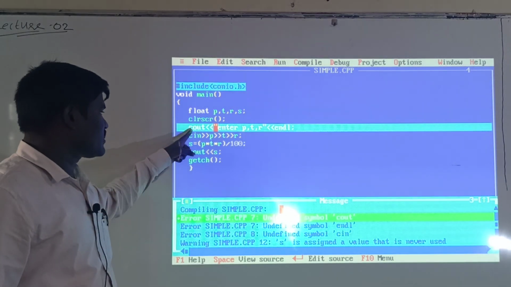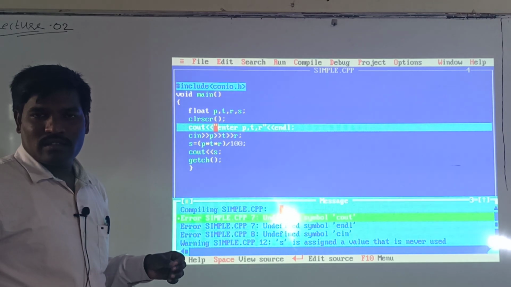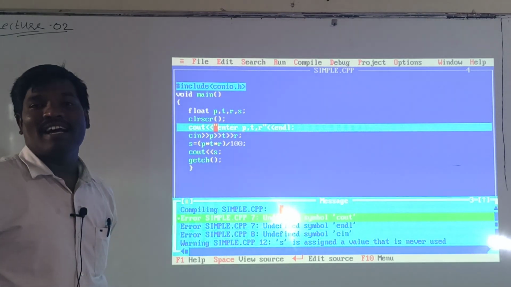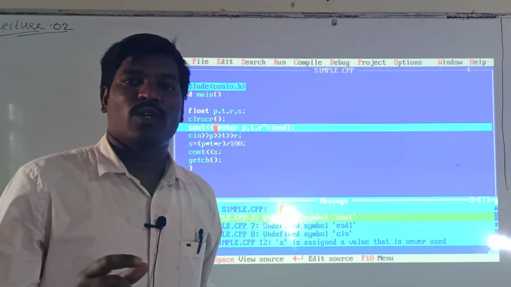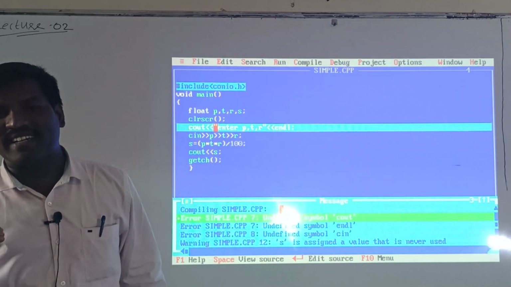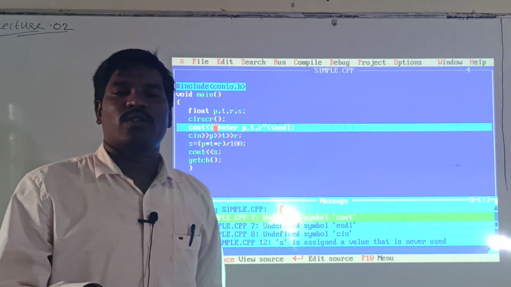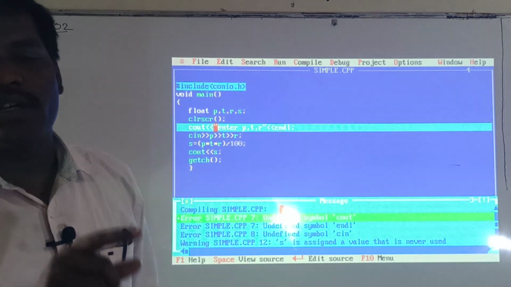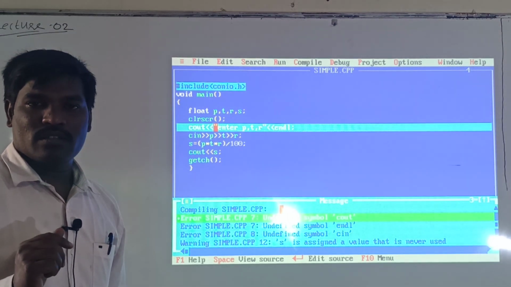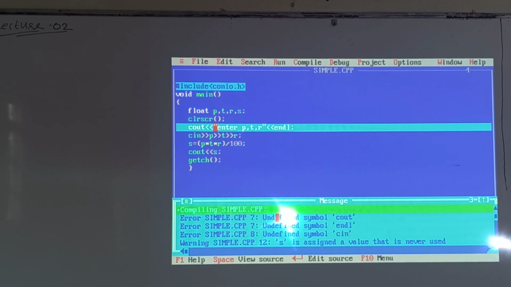This means the cout, cin and endl statements are written in iostream.h. So iostream means input output stream, stream means flow of bytes, header file. Okay, so if you want to use cout, compulsorily you have to include iostream.h. That is compulsory.